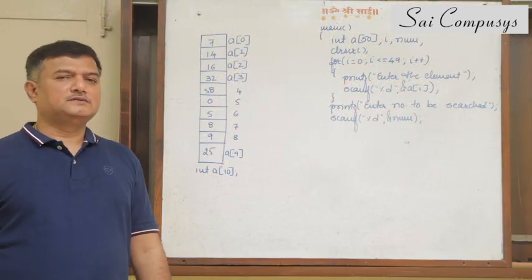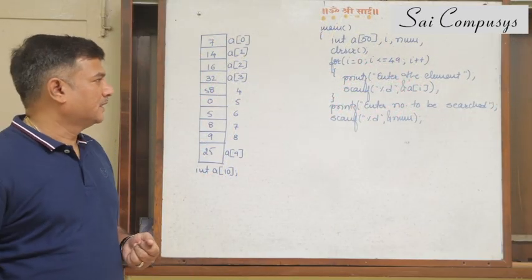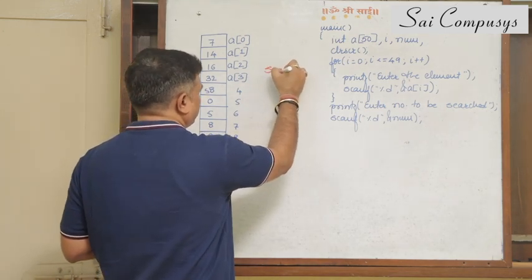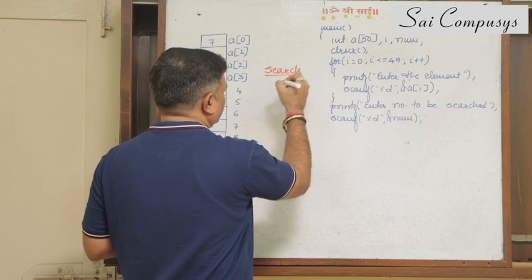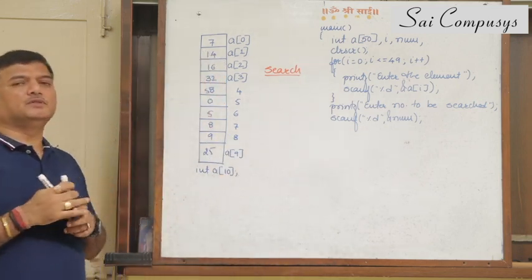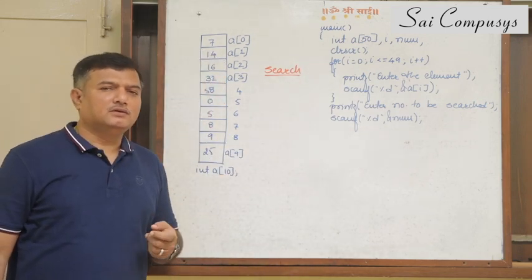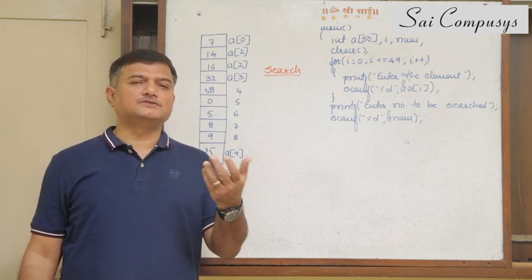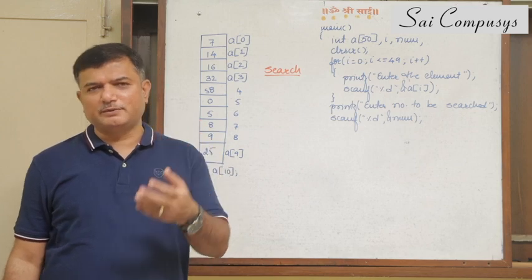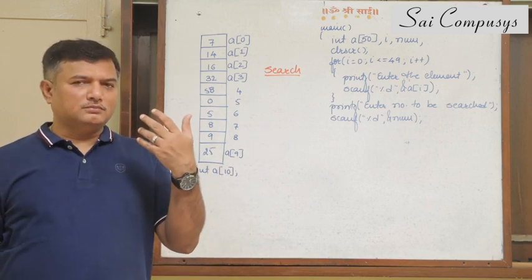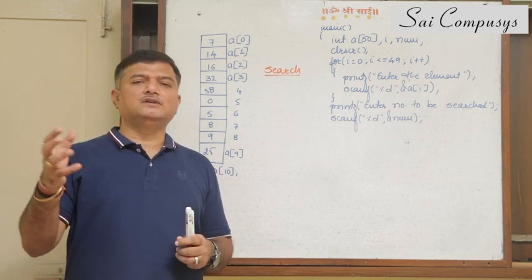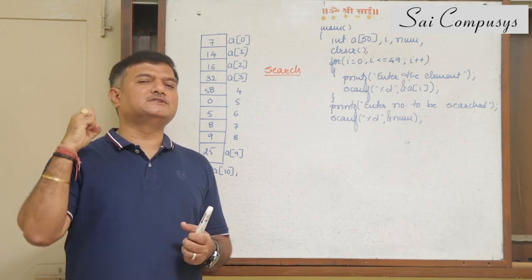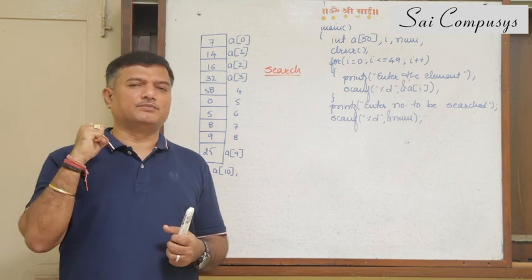So today we'll see the searching logic. To search an element from a list of elements is a very common thing. In real life also we search a lot of things. You may be searching your keys or your mobile or your specs or anything. Or the best example I can give is Google search that you implement. From a list of data you try to search something, you try to extract something.